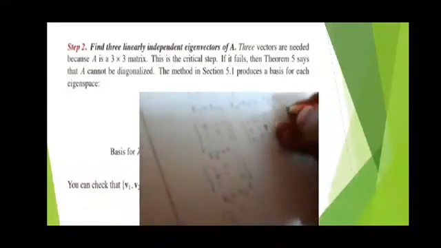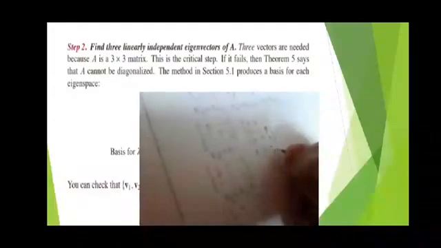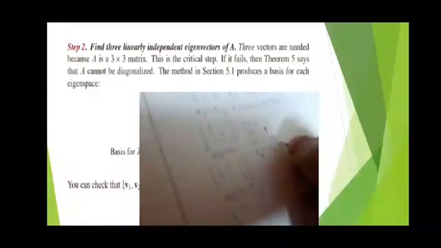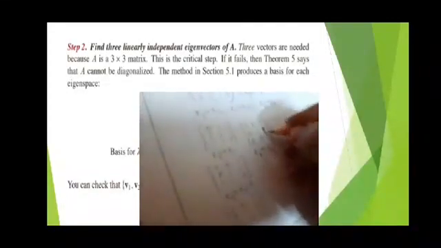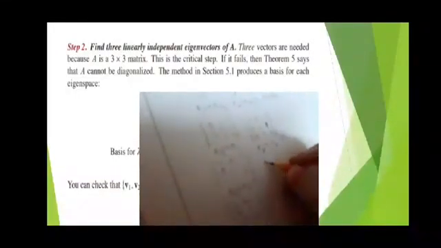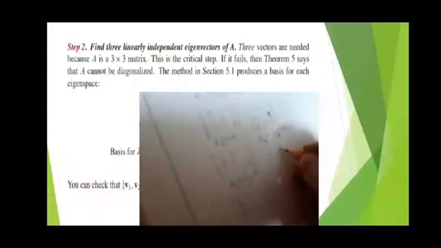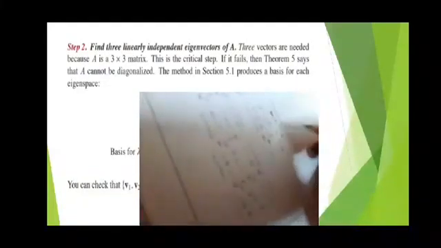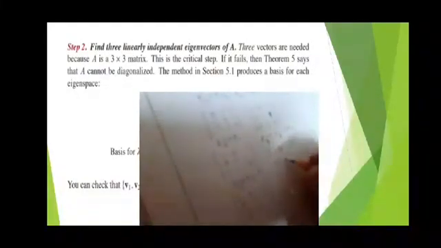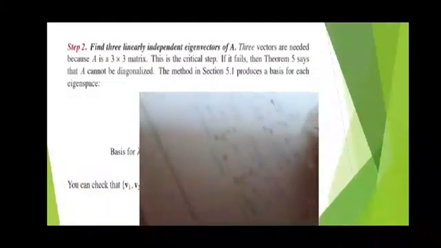Next, one thing we do here: R1 tends to R1 minus 2 R2. Then 2 into 2 becomes 0. So the first element: 1 minus 0 is 1. Next 2 minus 2 will be 0. Next 1 minus 2 will be minus 1. So we get 1 0 minus 1, 0 1 1, 0 0 0. Okay, this is using elementary row operations.